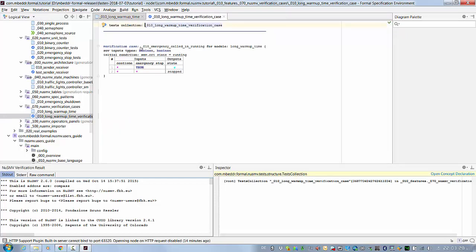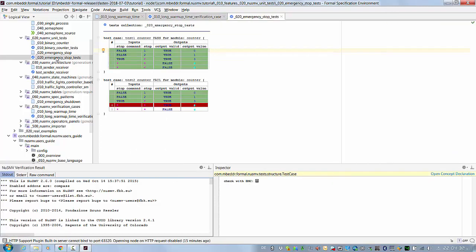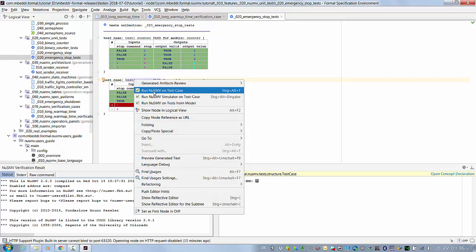This is a verification case, a special kind of test cases, which features, in addition to the inputs and expected outputs, the initial condition. So the initial condition represents the state of the system from which this test vector is run. I'm running it. If we want to better understand why a test fails, so let's run it again,